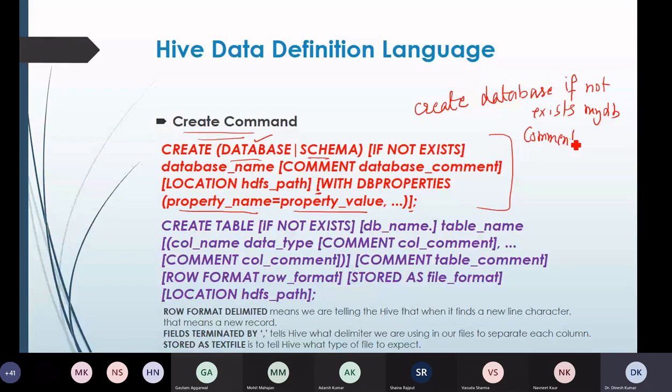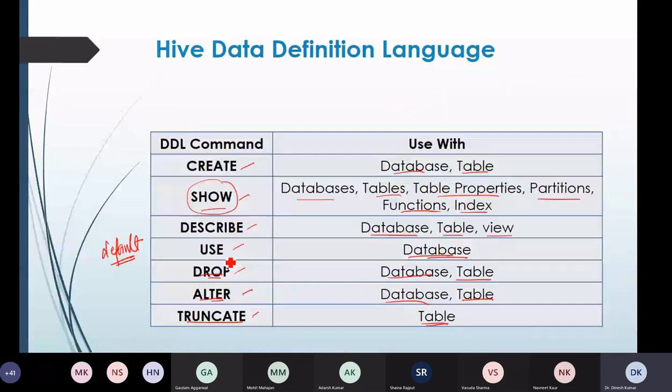Now move to the second, which is create table. Here the syntax is almost the same. Create table if not exists, again it is optional. DB underscore name, it is again optional. For example, in the last slide I discussed that we have to apply the use database command to go into the database.